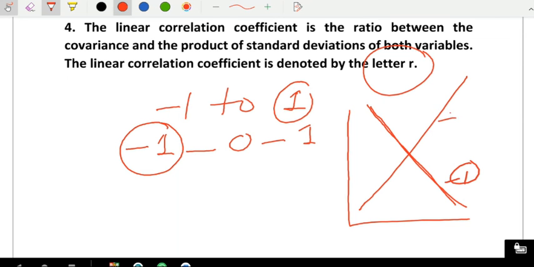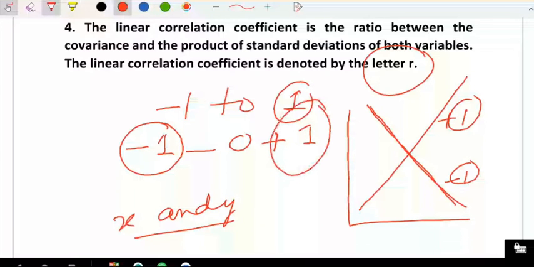That means they are highly correlated. If one is increasing, the other is also increasing. I mean to say x and y, two variables: if x is increasing, y is also increasing. This is in case of +1 value, which means they are highly or perfectly correlated. But if the value is 0, they are not correlated. Whatever graph we get may be a circle, meaning all the points will be scattered. We are not able to draw a linear correlation between them. That means they are not related by a line.